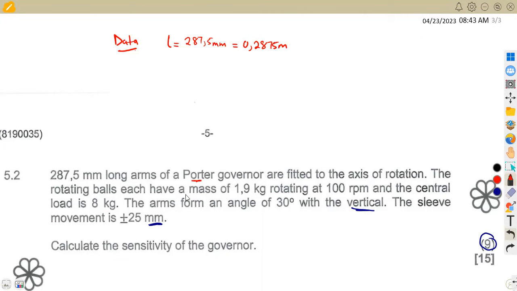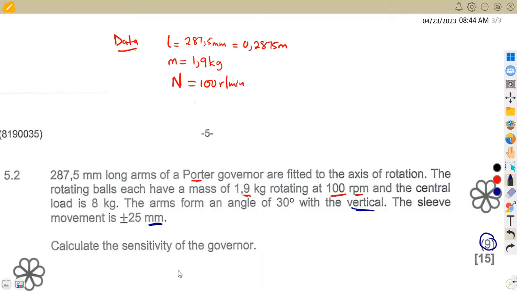Also, we are given that the porter governor is fitted to the axis. The rotating balls each have a mass. Remember, guys, I told you that the mass of these rotating balls is the small letter m. The capital letter M is the mass on the sleeve, that is the mass of the central dead load. And for the rotation, the speed in revs per minute is N. So we are given 100 in revs per minute,